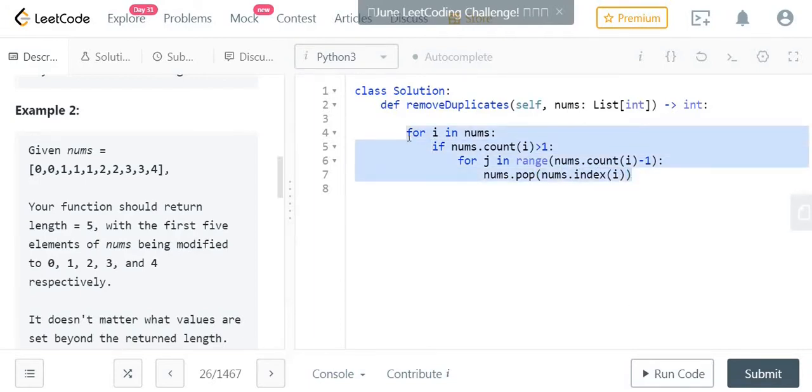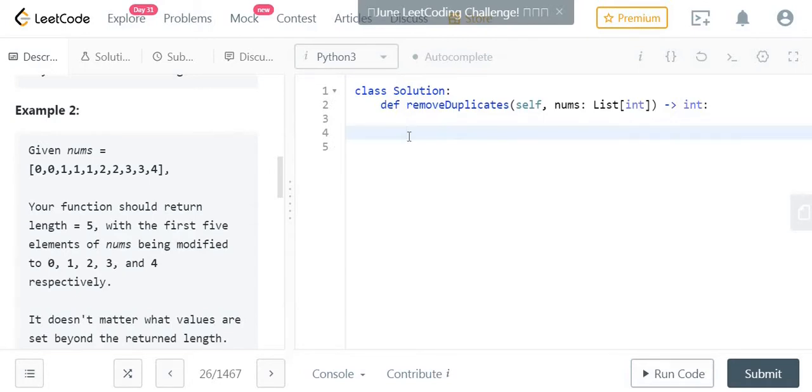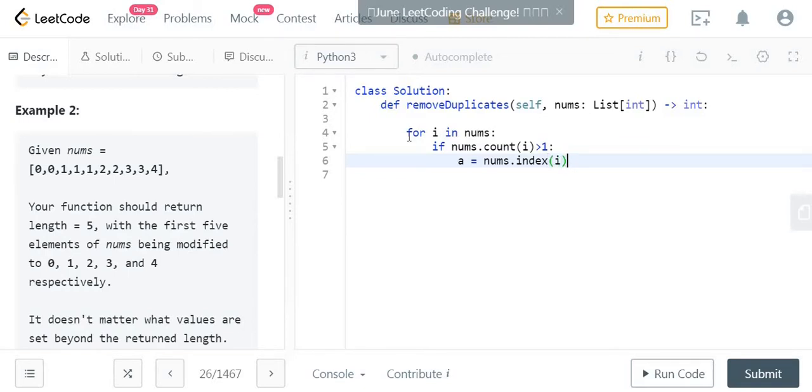Another way is to use the del function. So for i in nums, if nums.count(i) greater than 1, then let us take two variables, a which is equal to nums.index(i) and b equal to nums.count(i) minus 1.